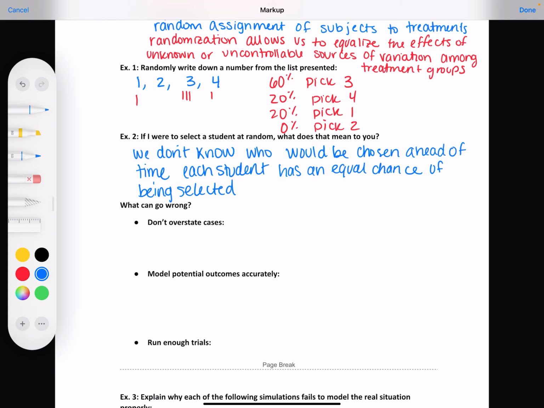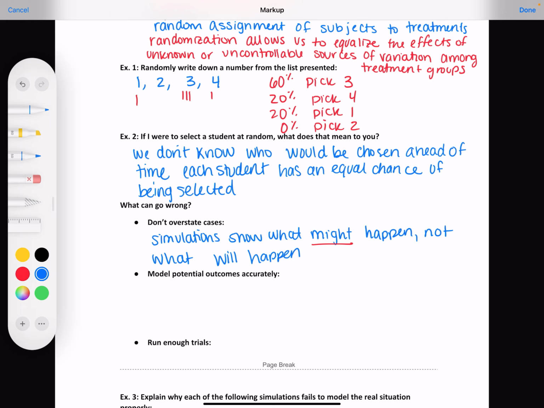All right, so what can go wrong? Don't overstate cases. Simulations show what might happen, not what will happen. Then model potential outcomes accurately.